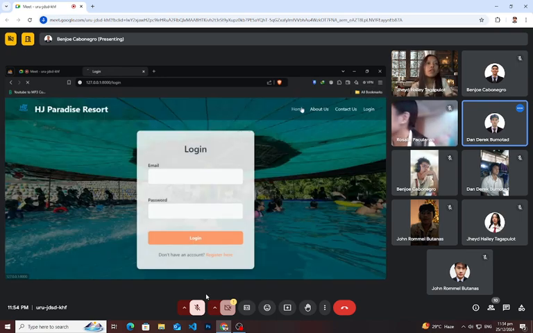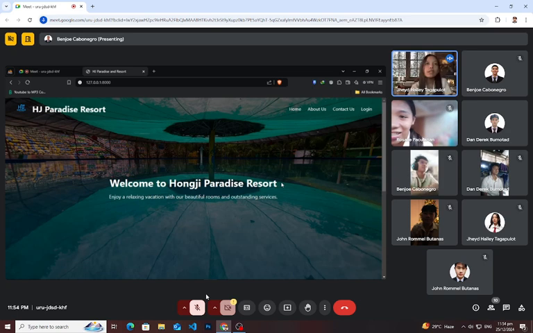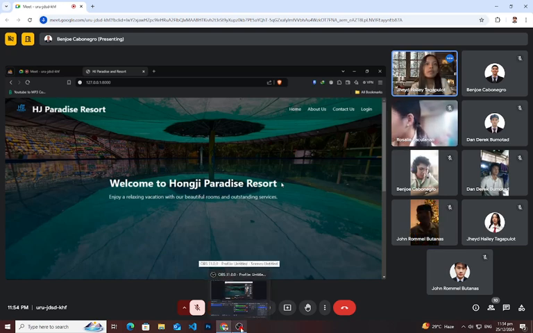So, in conclusion, we hope this presentation has helped you understand the system we created, its features, how it works, and how it can help users. Our goal is to build a system that is simple to use and solves important problems effectively. We are proud of what we have accomplished and believe this system can make a difference. We're open to your feedback and questions to help us make it even better.